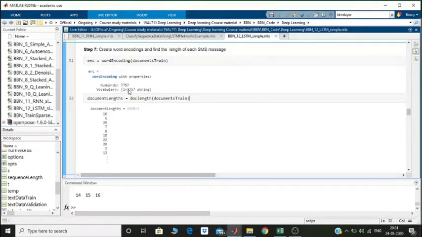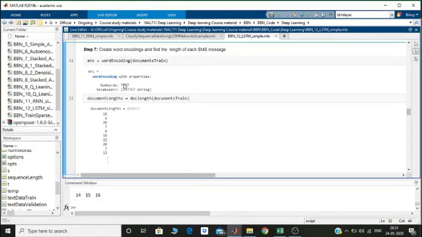So this system that we are going to create will be able to understand 7,757 words. This is a very small number because in real life applications there are millions of words possible. So it is usually a good idea to come up with a larger vocabulary if you want to deal with things which kind of require user inputs and which can cause inputs of multiple types, or people can enter anything they want.